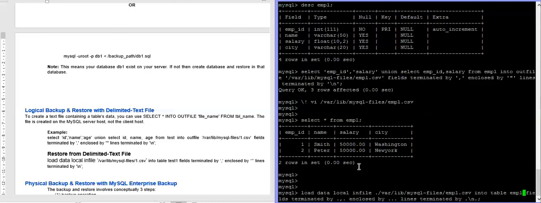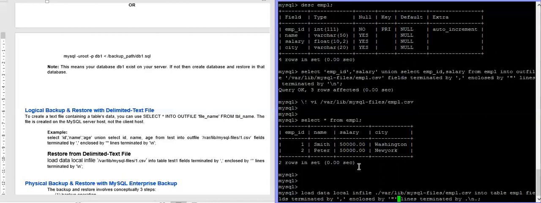Empl file fields terminated by comma, enclosed by double quotes.